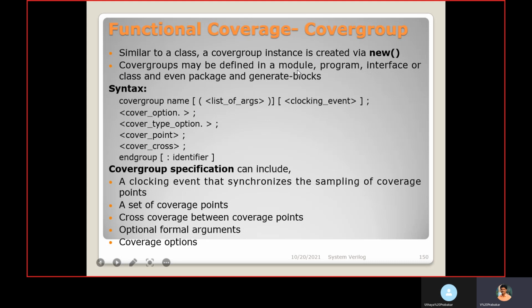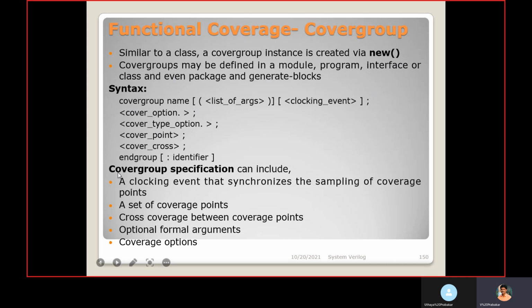It may be defined in a module, program block, interface, class, and even package and generator. So in all these blocks you can define the cover group.